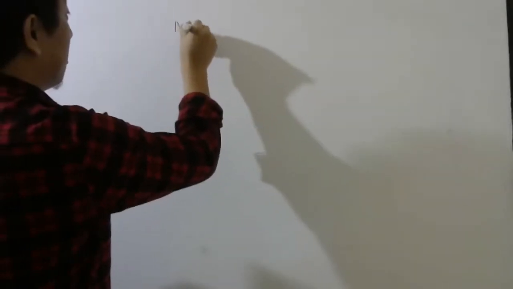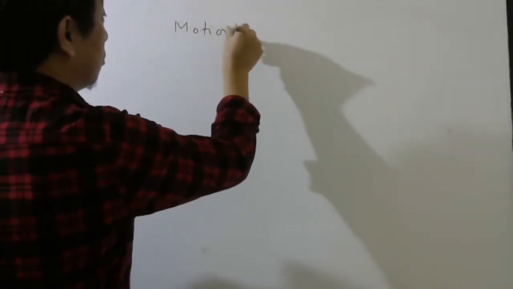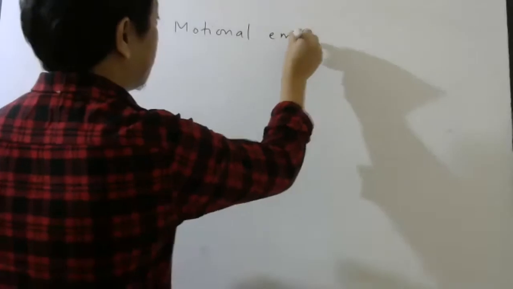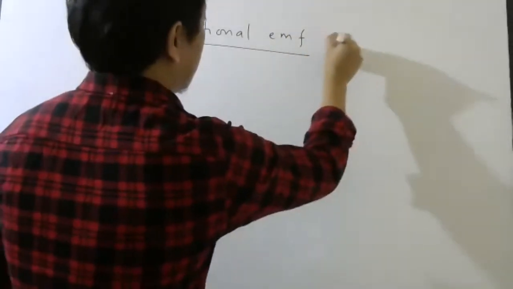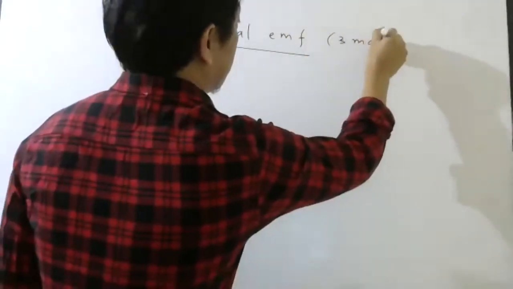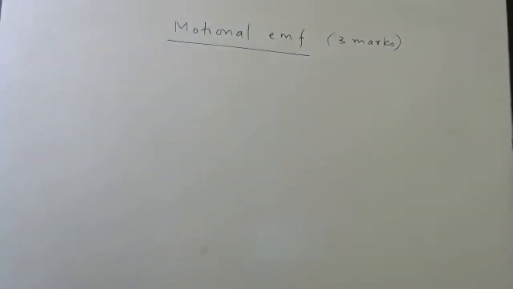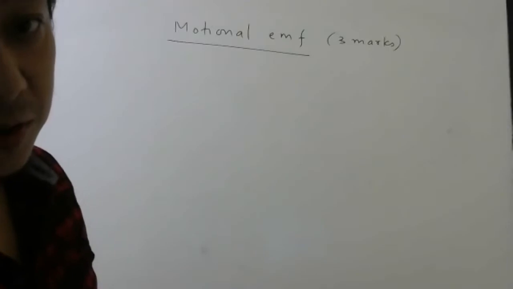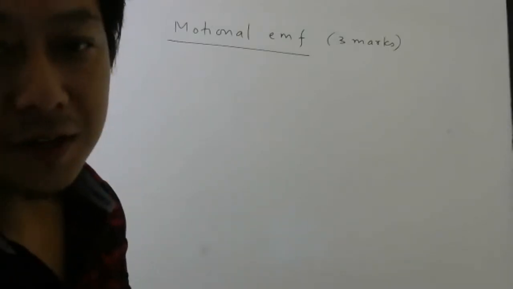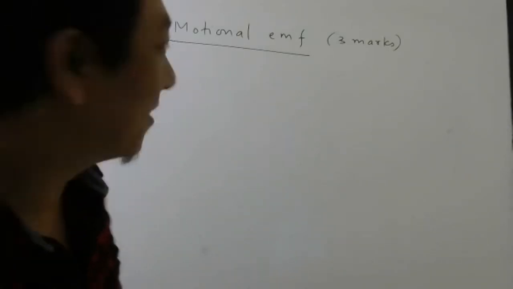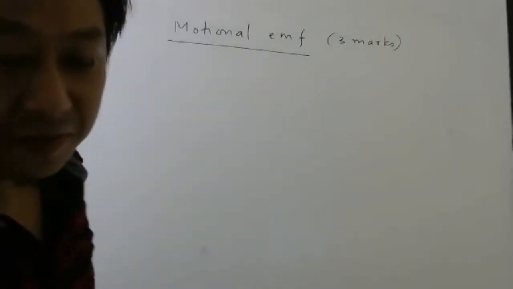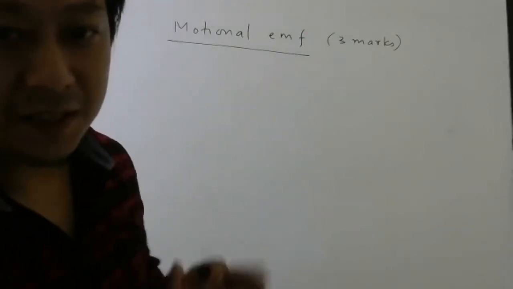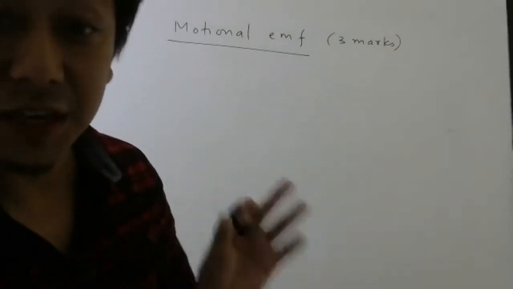Okay, next topic is for a 3-mark derivation that is called motional EMF. Simple derivation and very important for entrance also, the formula. For entrance, the formula only we have to remember, right? Okay. So first let me derive, and as we derive and complete, we will automatically come to know the definition.